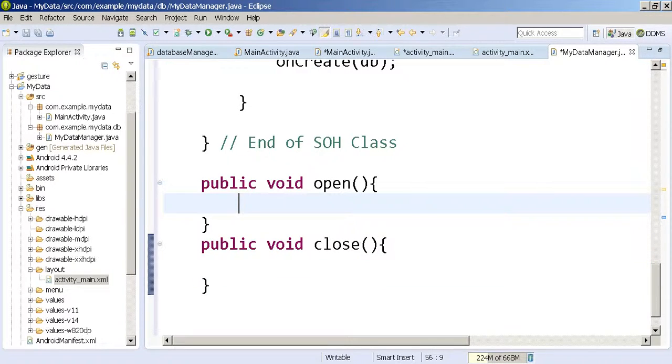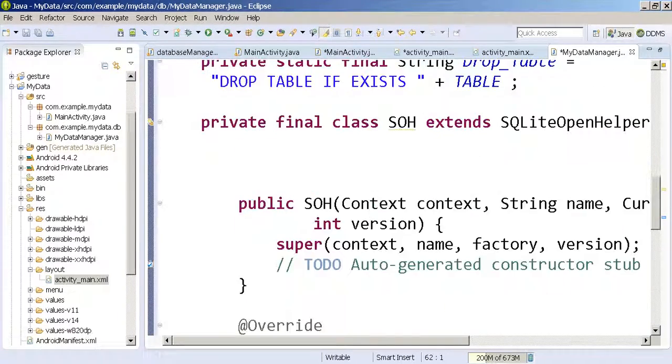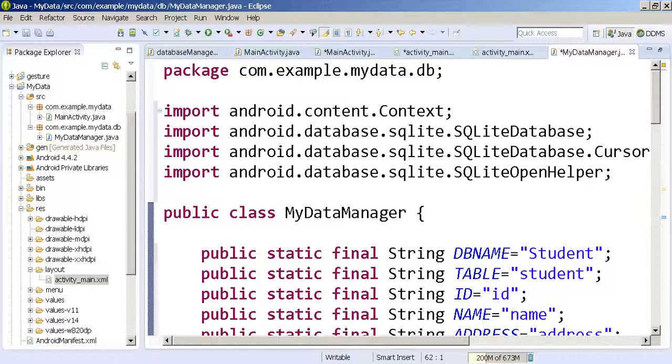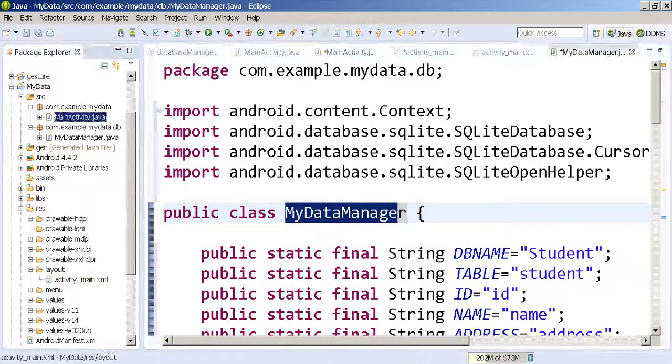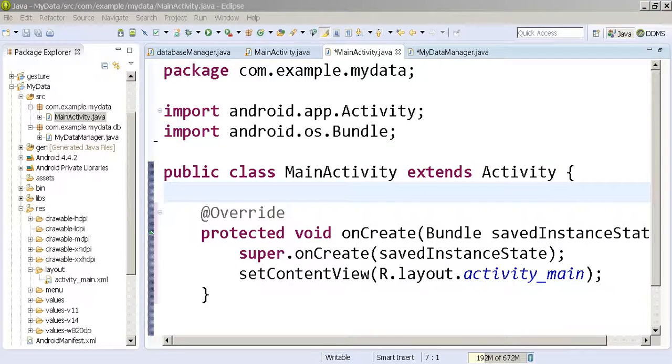Okay. So now I need some instances of this SOH class, and I sometimes also need the instance of the database manager class, which will basically create the database for me, right? So we have to do a lot of things now. So basically, who is the guy which will actually create the instance of this data manager class, right? The thing is to understand that. It's gonna be the main activity, which is gonna create